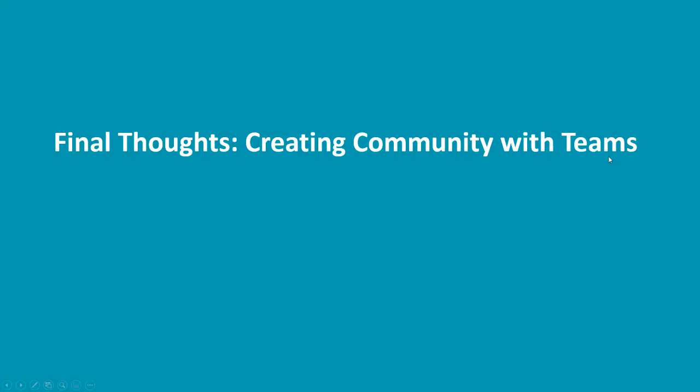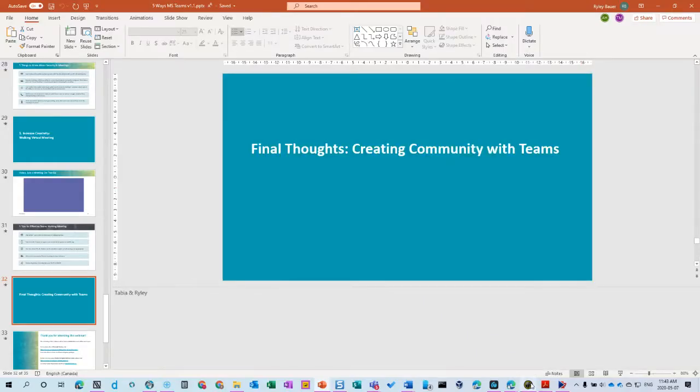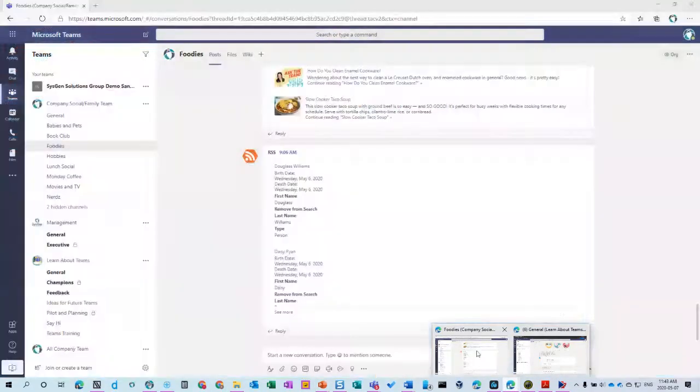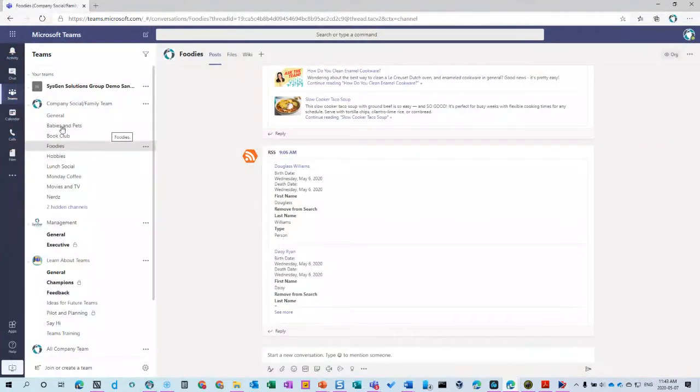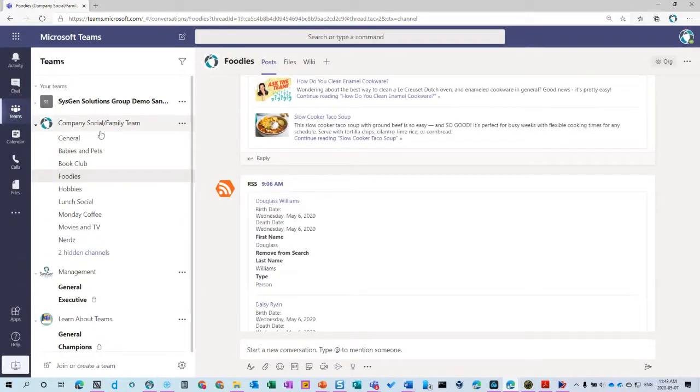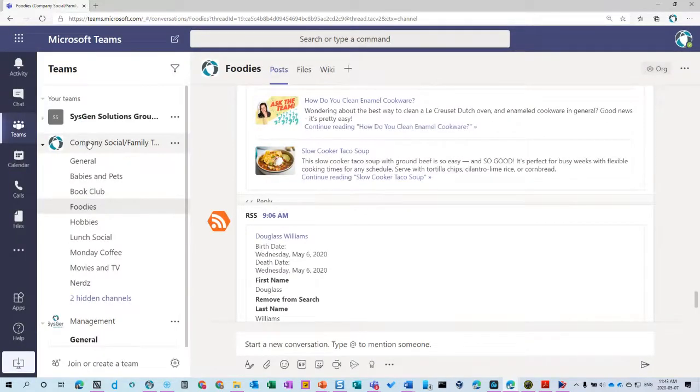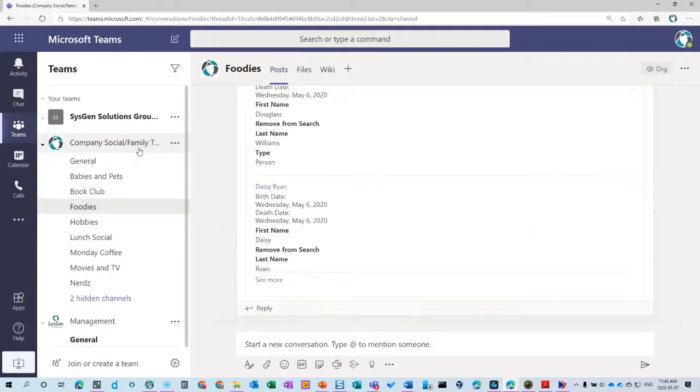So my final thoughts on creating a community within Microsoft Teams. I'm gonna hop out of the PowerPoint here and show you our demo environment. So we've already been here today. The key thing I want to talk about is using Teams to create a social and community space. So in these times while we're all working from home, we're not seeing each other anymore. So we've used Teams to now create a company-wide social and family team that we use to have our conversations